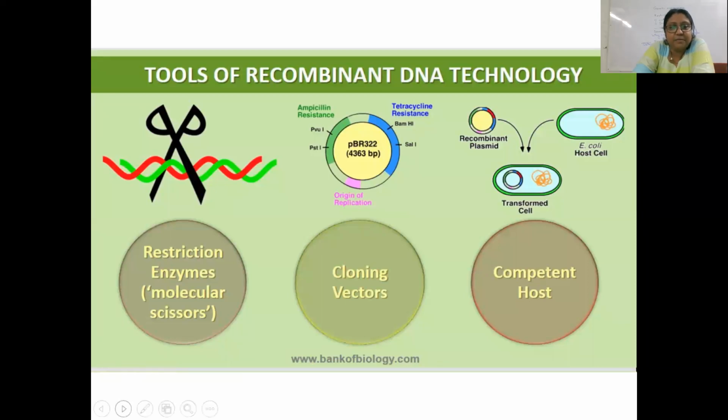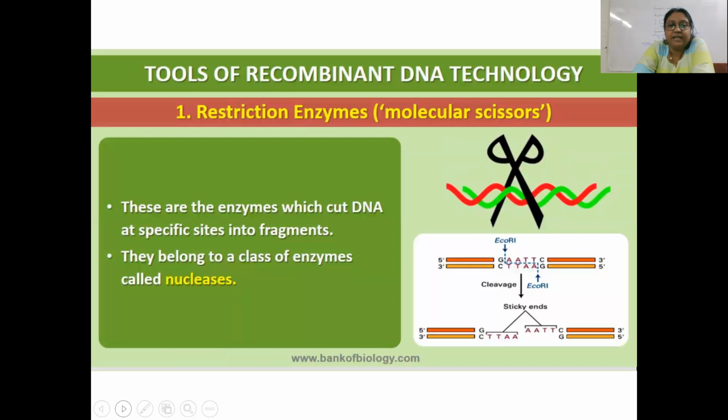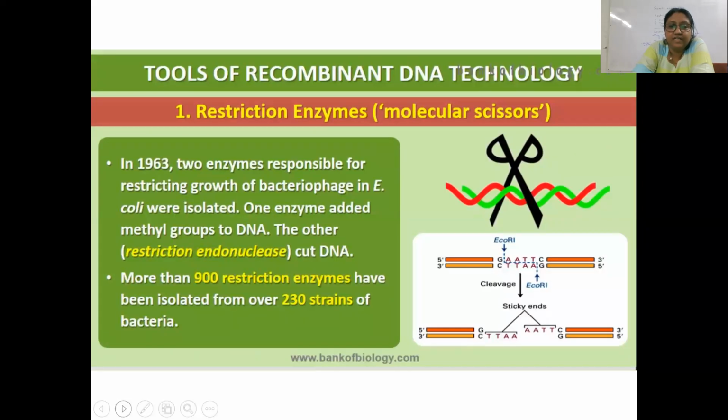So that is about the molecular scissor. I told you about why they are called nucleases, restriction endonucleases. Till now, approximately 900 types of restriction endonucleases have been isolated from 230 strains of bacteria. So you can understand how they are used for different sequences. Now, when restriction endonucleases cut a piece of DNA, they produce